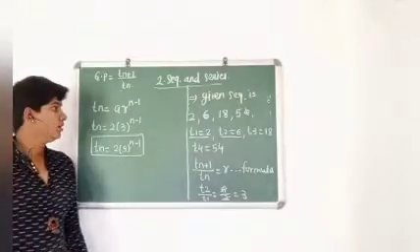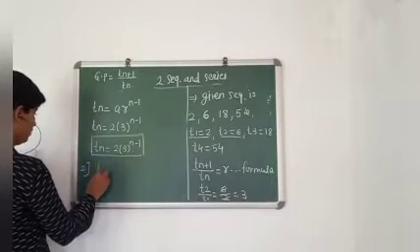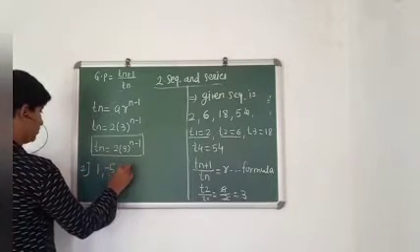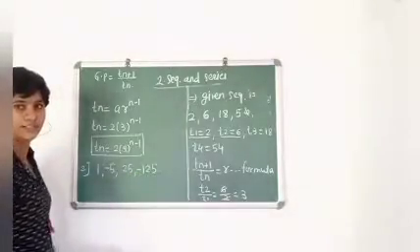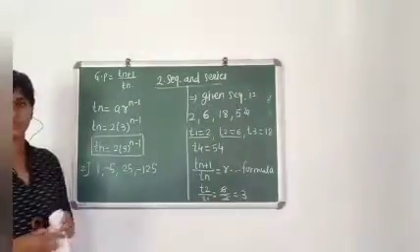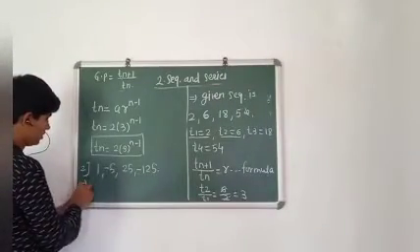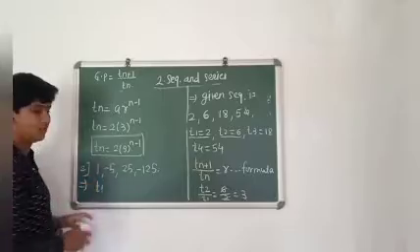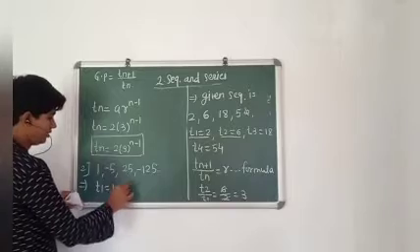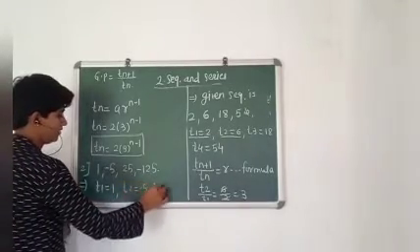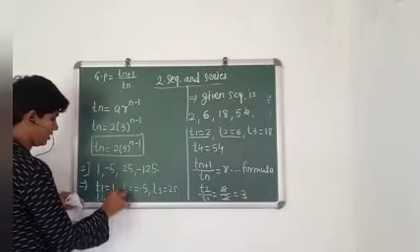Now to check the second example: 1 comma minus 5, 25 comma minus 125. Similarly, we check whether this second example is a geometric progression, and if it is, then find its nth term. The given sequence is 1, minus 5, 25, minus 125. So T1 is equal to 1, T2 is equal to minus 5, T3 is equal to 25 and T4 is equal to minus 125.